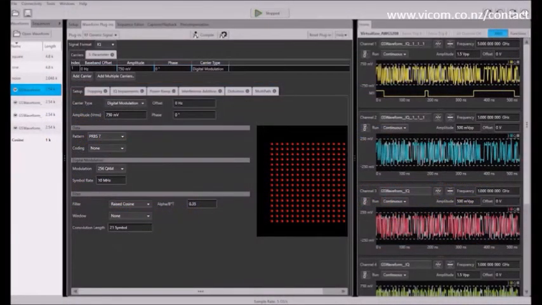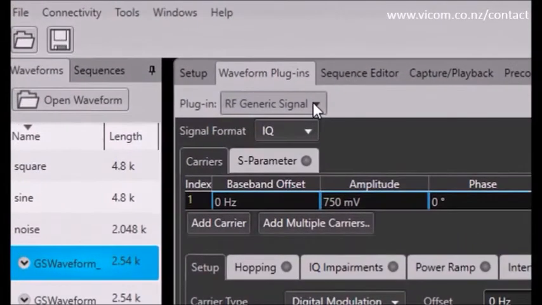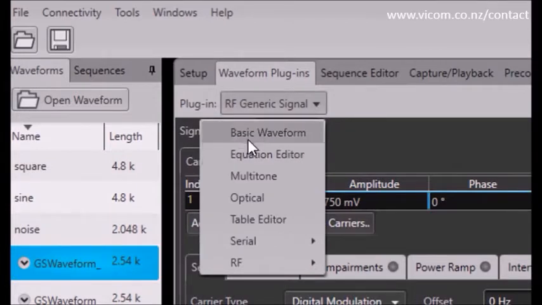Now, as I show you the user interface, you can see that it was designed for ease of use when building complex waveforms because of the application plugin architecture that lets you pick the waveform generation plugin that fits your application requirement. Current plugins available today are the RF generic plugin that we see here, a basic waveform editor, equation editor that lets you build from simple equations, multitone giving you multitone and chirp capability,